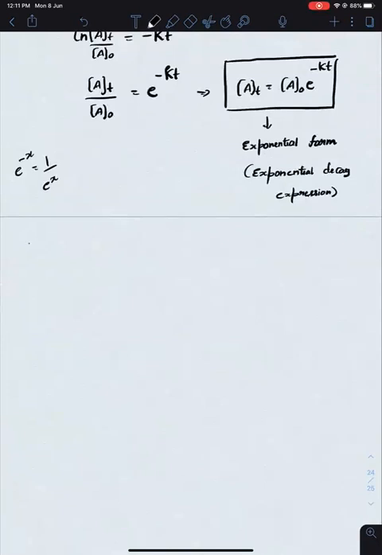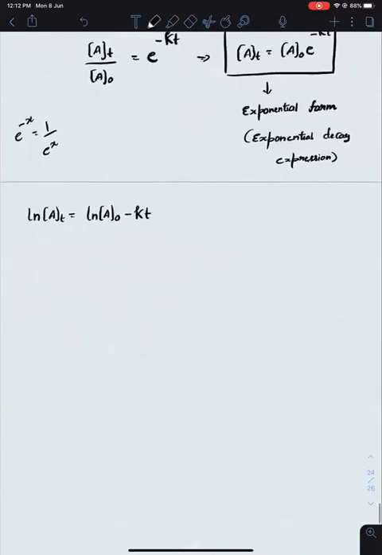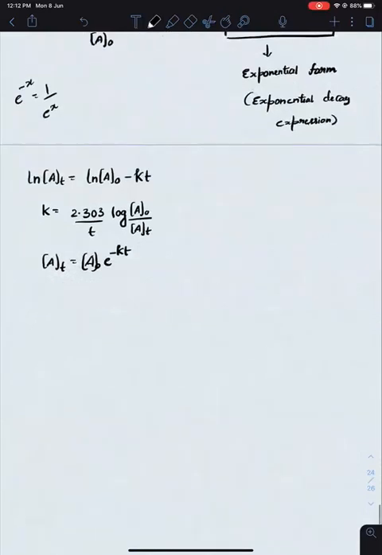The expressions which we got are ln At is equals to ln A naught minus kt. दूसरा एक्सप्रेशन क्या है, k is equals to 2.303 upon t log A naught upon At. तीसरा एक्सप्रेशन At is equals to A naught into e power minus kt. These are the expressions. If you want the expression in terms of x,